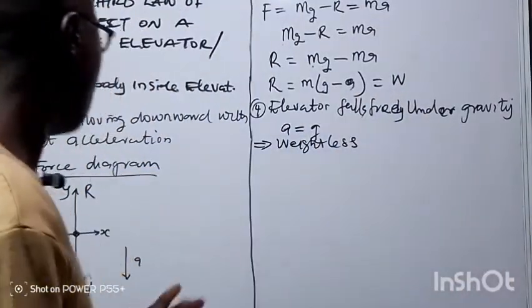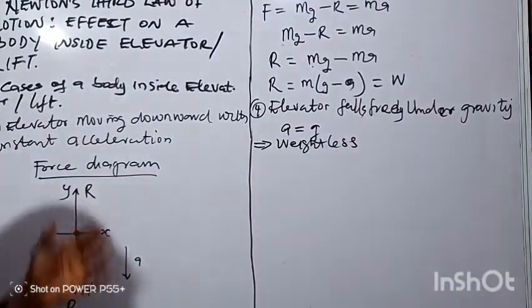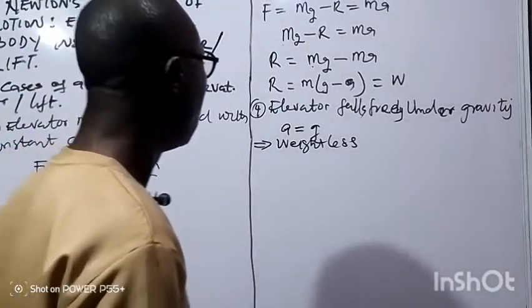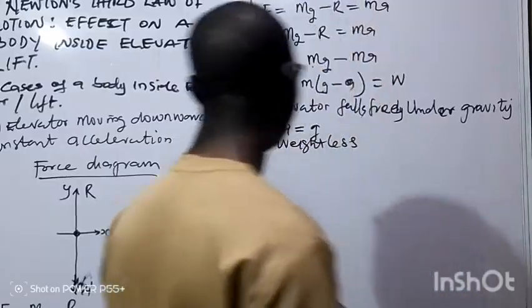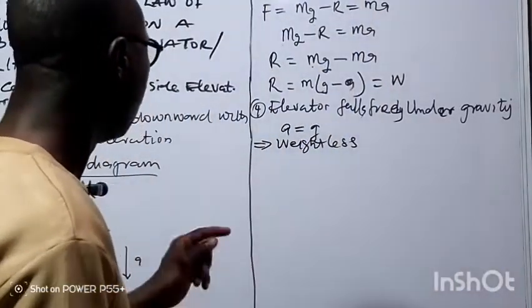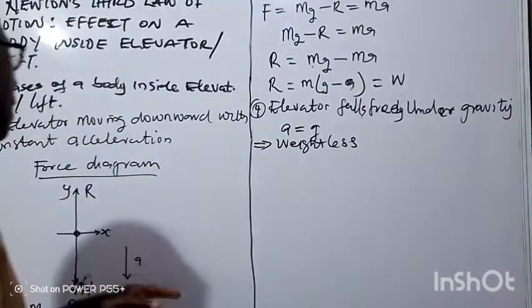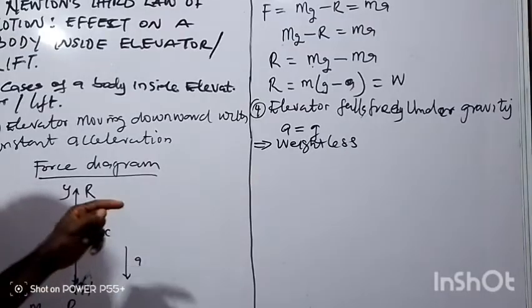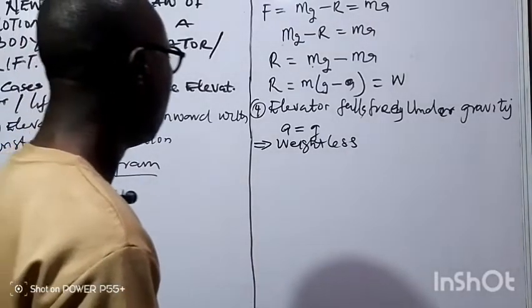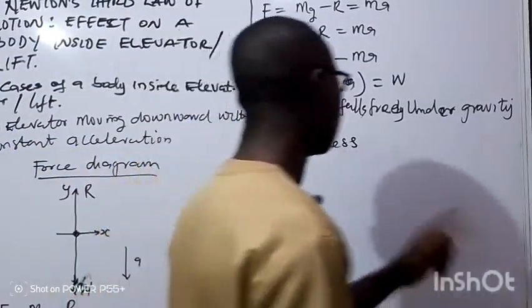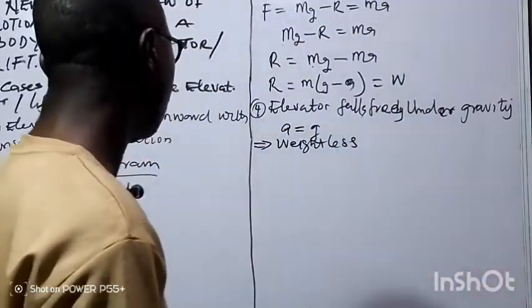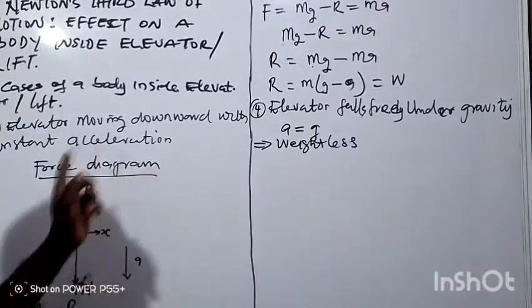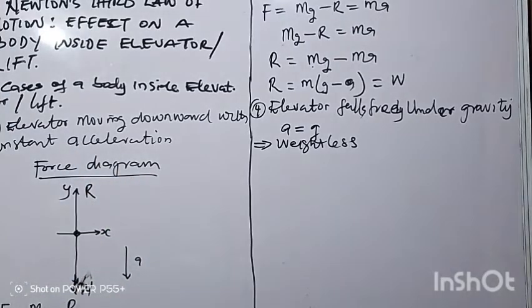Then point number 2, we said when the elevator is moving upward with constant acceleration, the body inside the lift will gain weight, and the resultant force on it will move in the direction of the acceleration, which is upward. Therefore, to comply with Newton's law of motion, the reaction will be equal to the weight of the object. Then